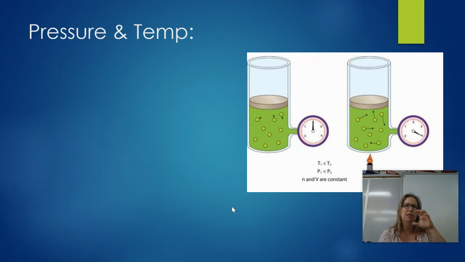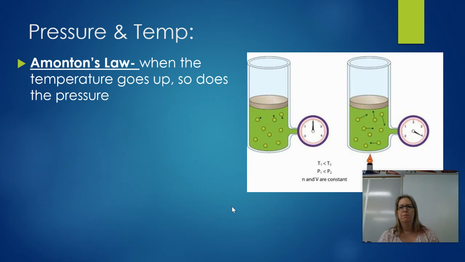So this would be in containers like rigid containers, not something like a balloon. A balloon can change its volume. So we're talking about things like canisters, like propane tanks, glass bottles, or real heavy rubber, okay? So the volume does not change with these two. The book doesn't talk about a law name, but this is actually known as Amundsen's law, and it states that